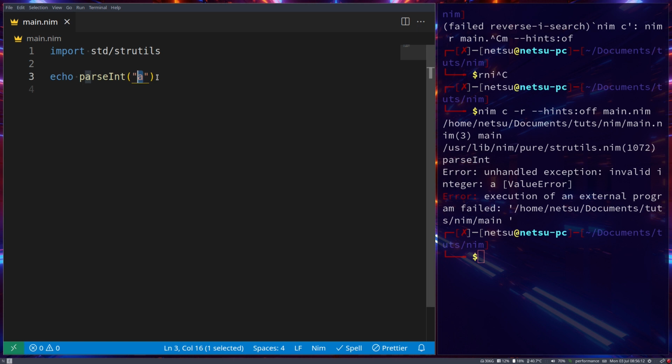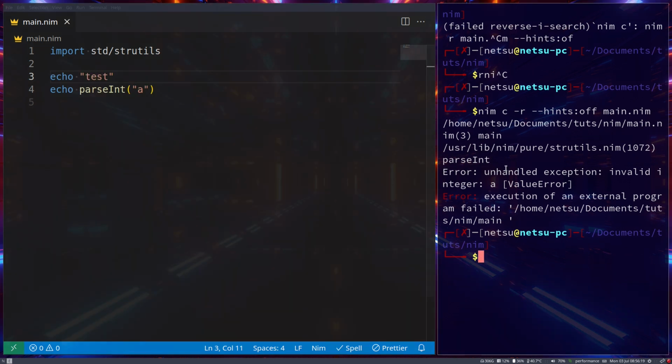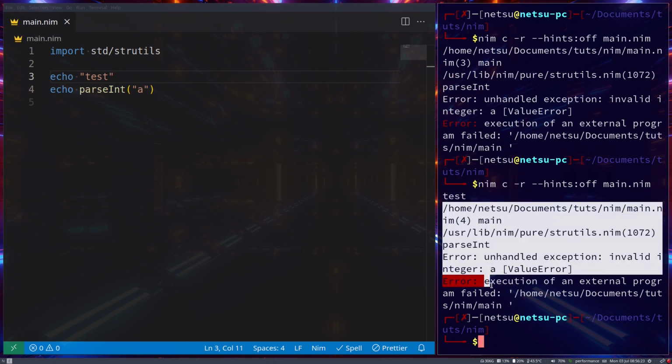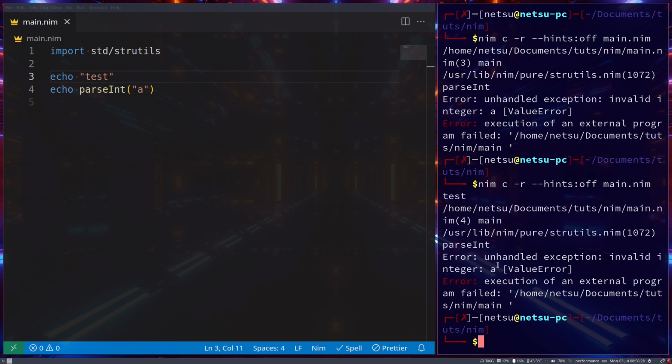A is a string and a string alone. However, the code still runs. So if we go echo test, you'll notice we get test and then we get an error. This is known as a runtime error. You get a couple types of errors, but the ones you need to know most would be runtime and compile time. So runtime errors, as the name suggests, happen during the program runtime, whilst compile time errors happen when the